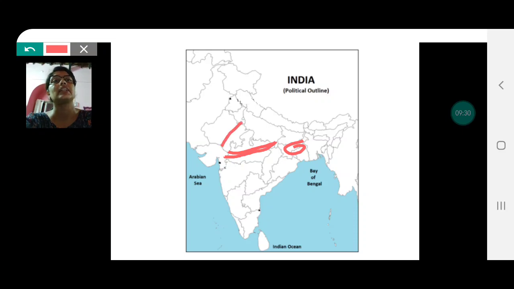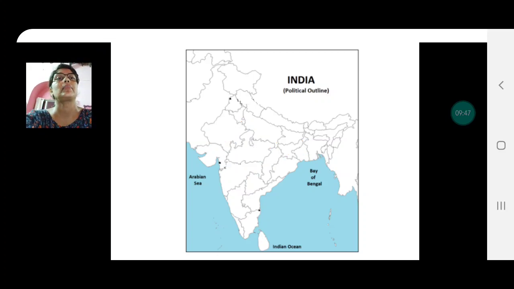Next is Marusthali. We have Aravalis here, and this entire portion becomes the Marusthali. Then we have Satpuras. Below Vindhyas are the Satpuras at the border of Maharashtra and Madhya Pradesh. Then we have river Narmada and Tapi.